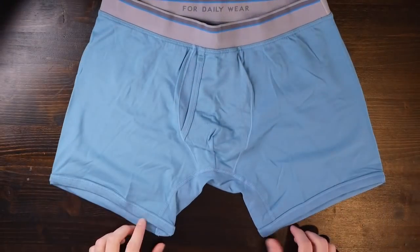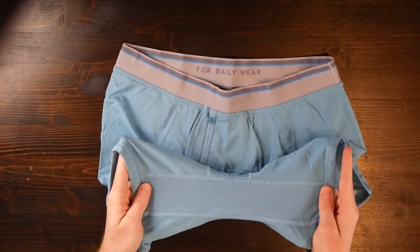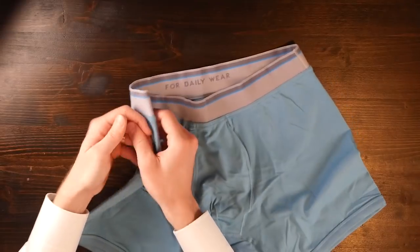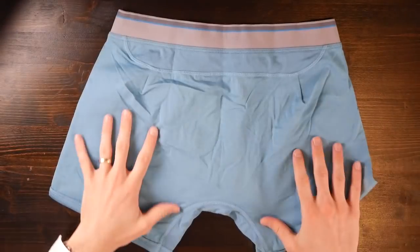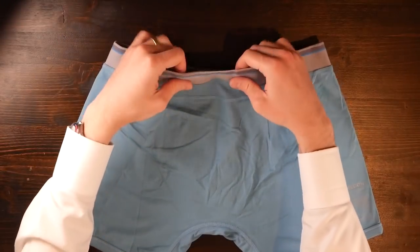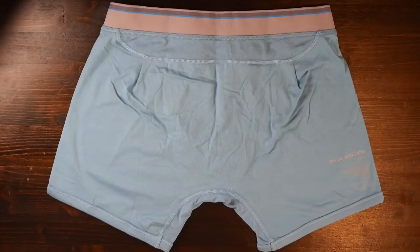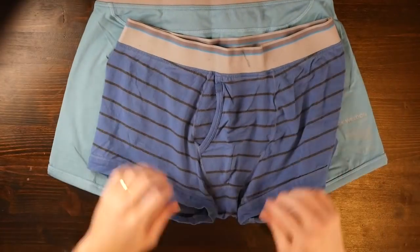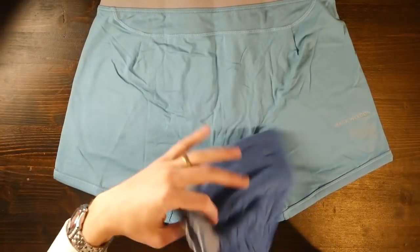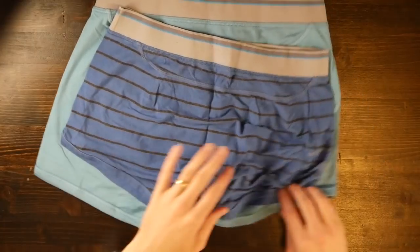They're nice and breathable. I love the waistband across the entire board of Mack Weldon. It's very nice and sturdy without being too flashy and having labels or names on there. The 18-hour jersey does have a fly, which is nice, and there are mesh panels, so you can see a little bit of mesh on the inside of the fly here. There's a mesh panel up here near where your crack would be, and then there's a mesh panel down the bottom for ultimate breathability. The material makeup of this is 47.5% long staple cotton, 47% modal, and then 5% spandex,